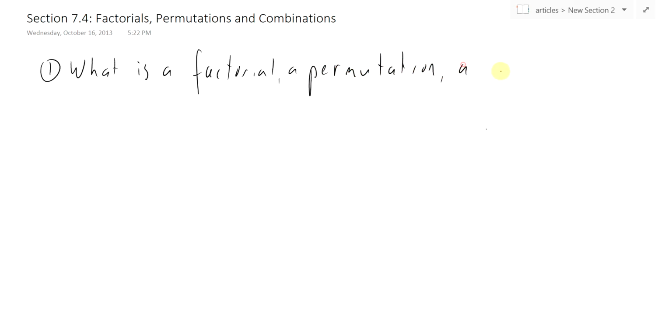So, part 1, what is a factorial, a permutation, and a combination, right? We have to be able to define what these things are before we can talk about that. And this first section would connect with these problems in section 7.4